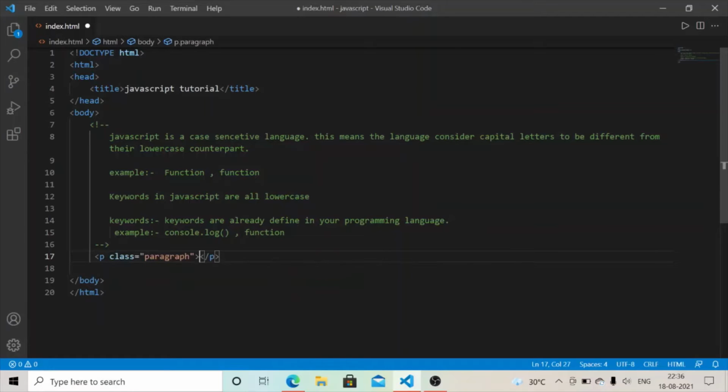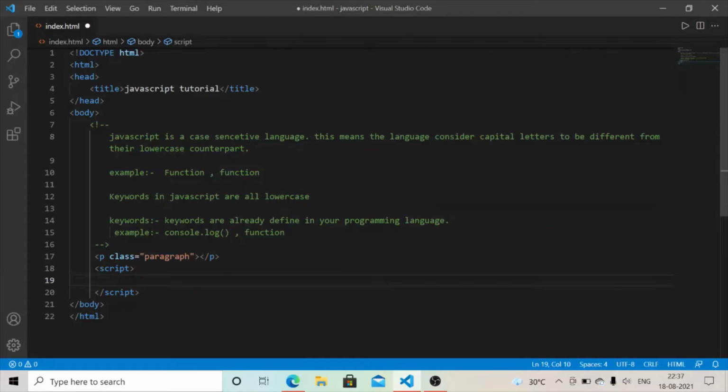Then I write here the script tag, and you have to write all your JavaScript code inside the script tag, as when you write the HTML code inside the body tag. Similarly, you have to write all your JavaScript code in this script tag. You can also create an external file for that and attach this file in your HTML file.